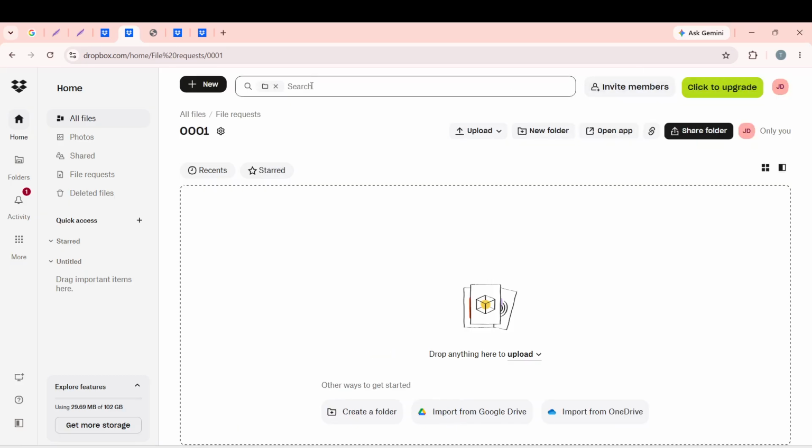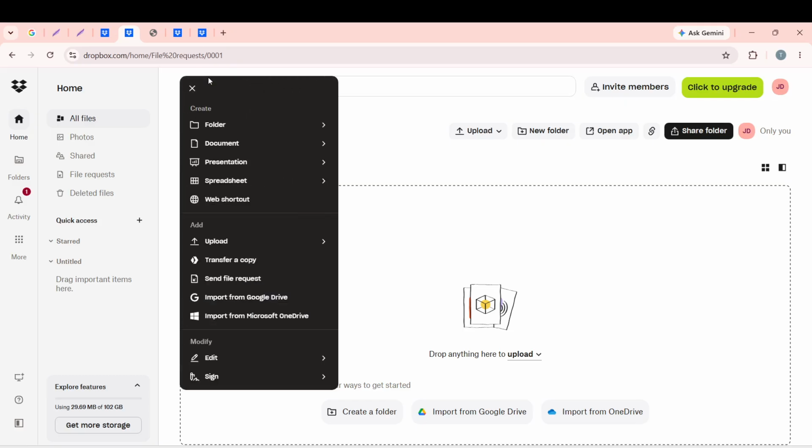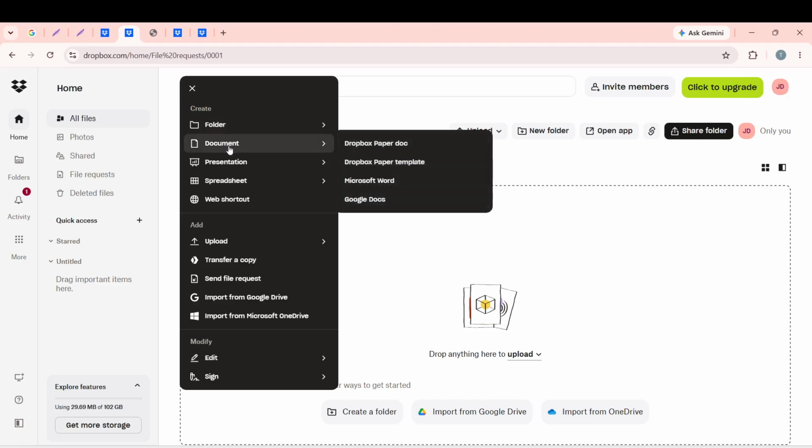With the folder open, look for the blue Create button in the upper left corner of your dashboard. Click on this button to initiate the file creation process. The button is visually distinct and easy to locate. This action is essential because it opens the options for different types of files you can create, setting the stage for your next steps. Now, hover over your preferred file category to see a drop-down of specific types.